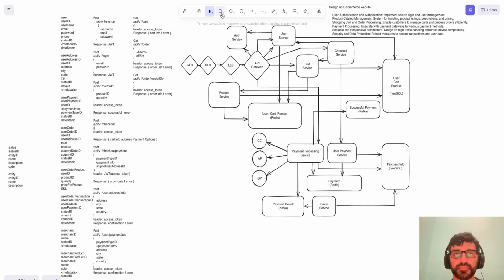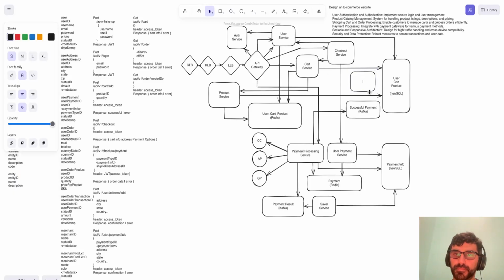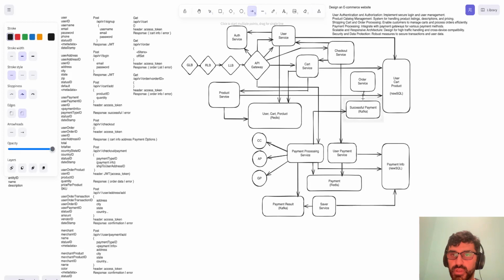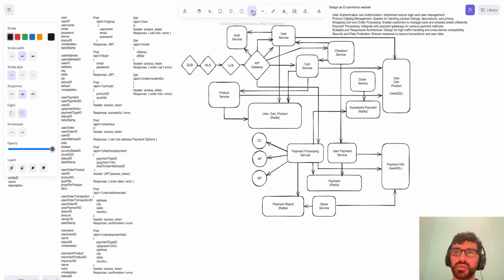And what we will have are order services that will subscribe to this. And they will get information that they will then